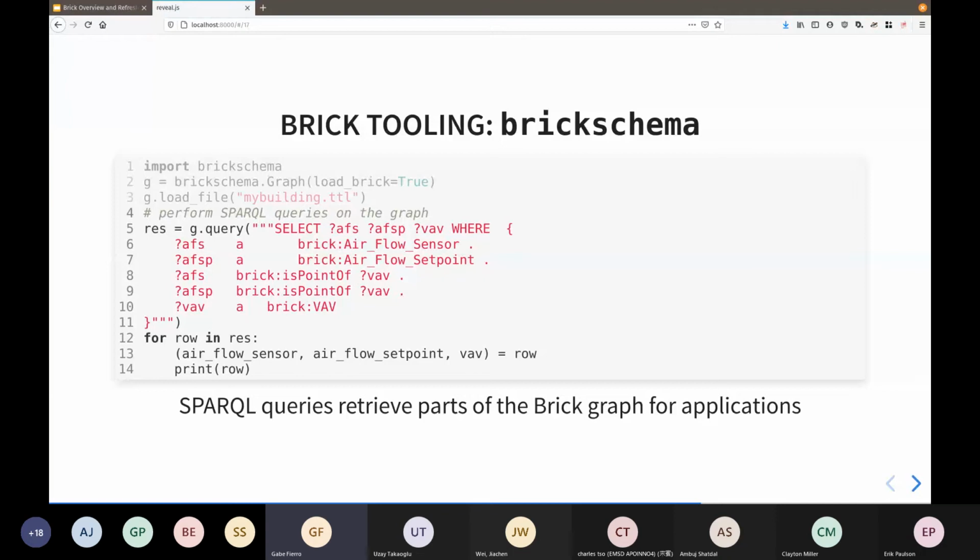And then lastly, of course, you can also run queries on this. So we can run a query that allows us to get the sensors and set points for airflow, so we can tell if there are any rogue zones in the building. It just gives you that as an iterator, so you can loop through and put that into a data frame or join it with your time series database, whatever you need to do.